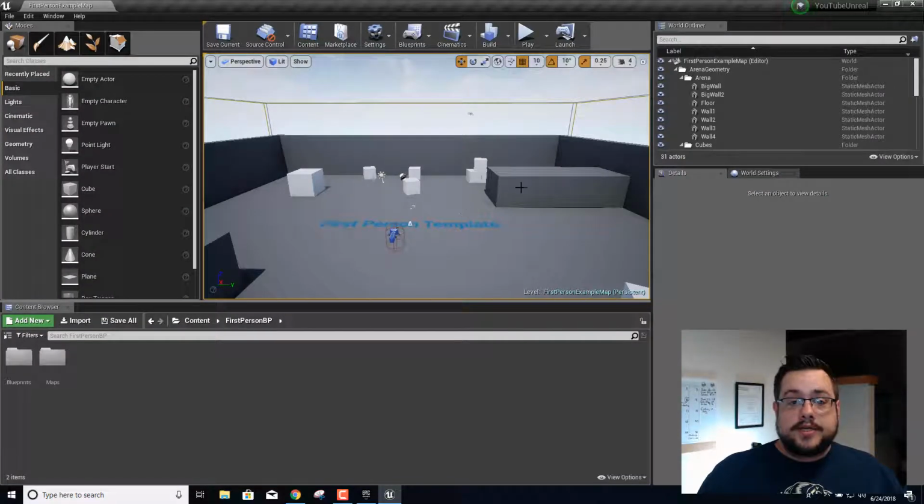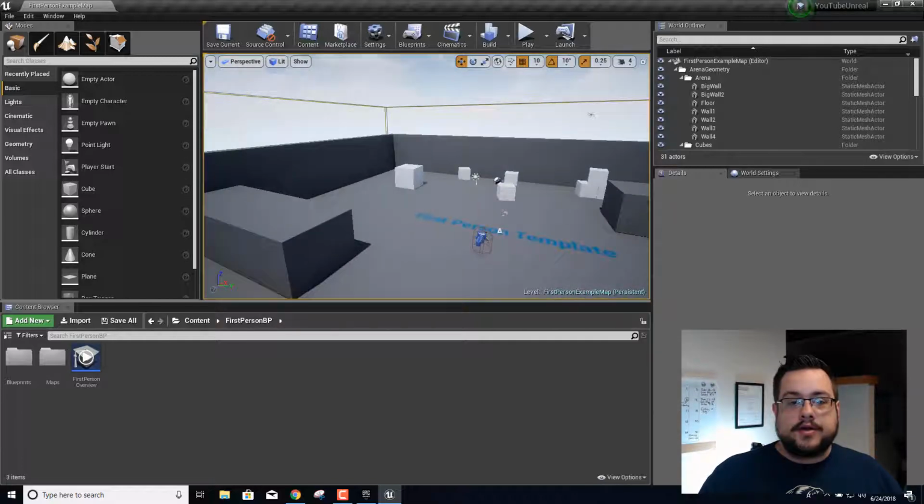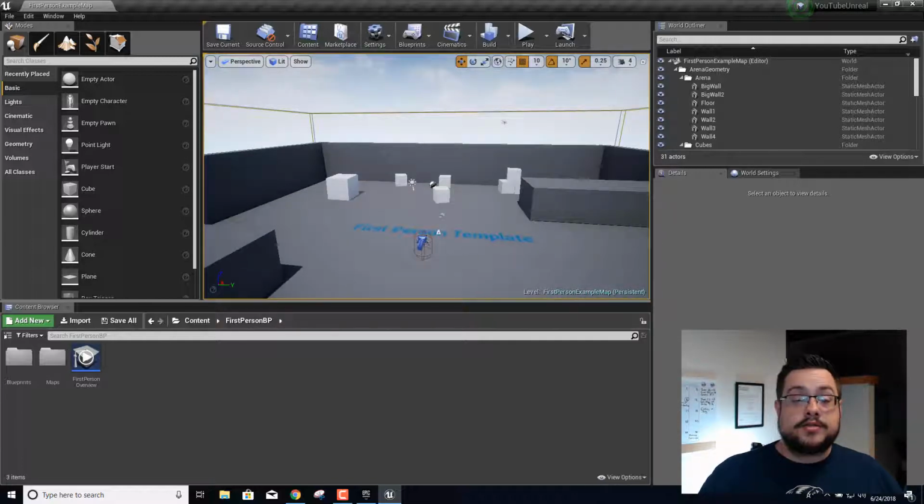Alright, so we're put into this first-person game mode. Right in the center we have our game window and editor window where we can look around and also play our game. On the left side we have our modes, which has a bunch of different features, right? We have our